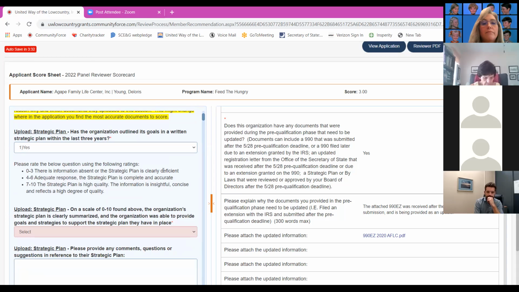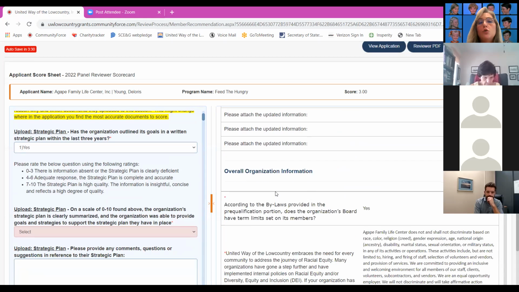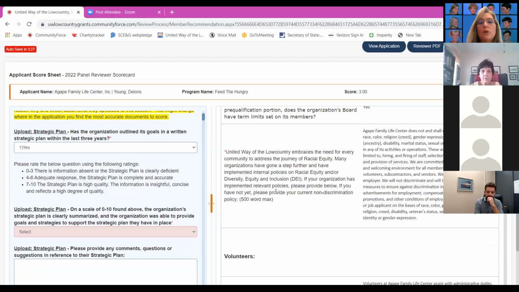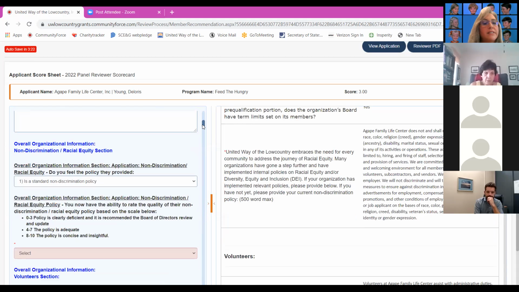All right, the next new thing that we asked you guys to score is the non-discrimination racial equity statement. Now, we've always asked the organizations to provide their non-discrimination statement, and you guys have always rated that. But United Way Worldwide is moving towards racial equity